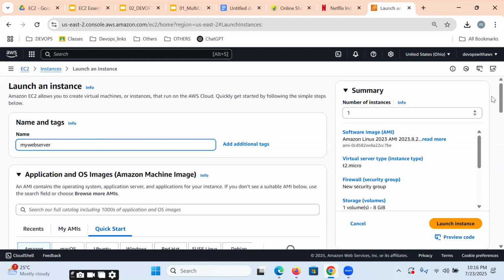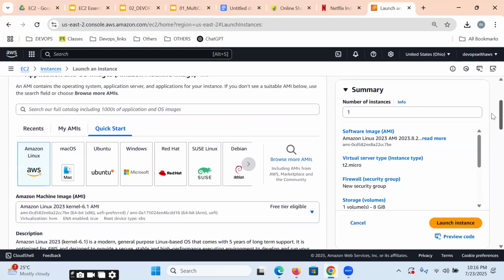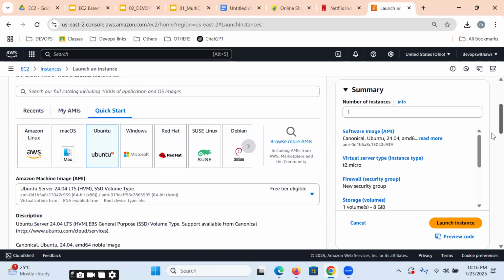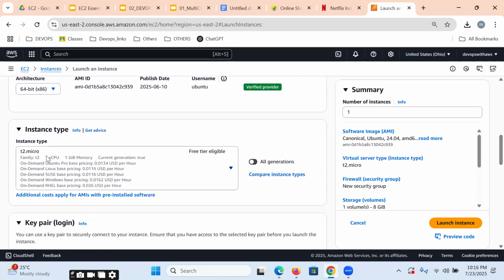Once the web server is chosen, if you scroll on, we can choose any one of the operating systems, whether Amazon, Mac, Ubuntu, Windows, Red Hat, or Debian. Please choose the Ubuntu operating system, or else you can go for Red Hat, CentOS, whatever maybe. But for today, we go for Ubuntu. Once Ubuntu is successfully chosen, if you scroll on, then we can choose